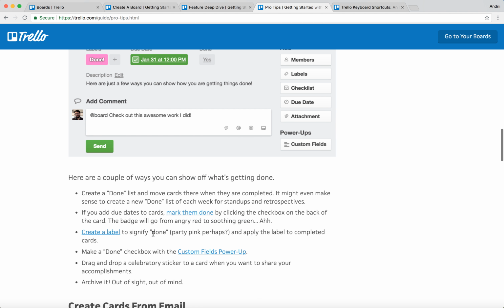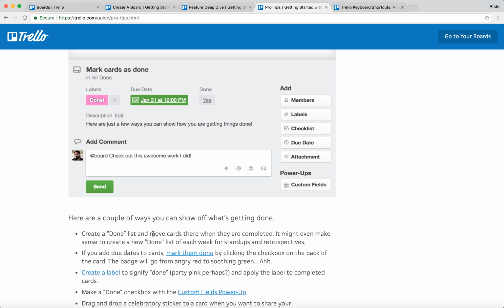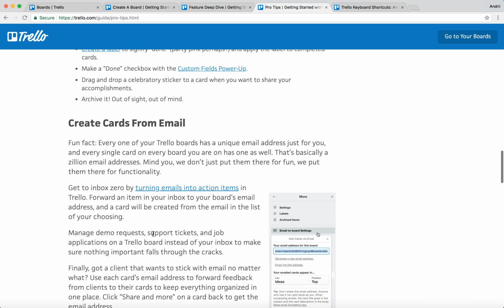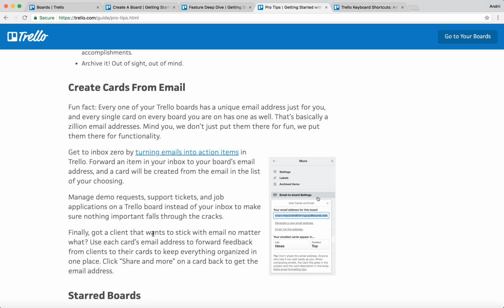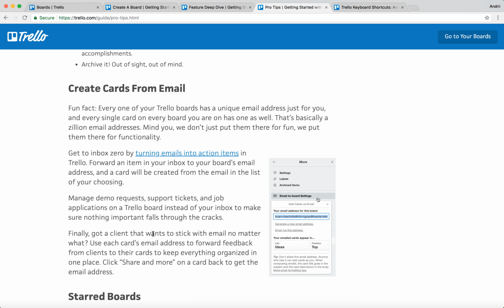So all this stuff is really handy, but I personally really enjoy when you put this done item on the card, and it's really cool. So another stuff is that you can create cards from emails. So every Trello board has an email attached just for you. So all this stuff you can interact with your email,